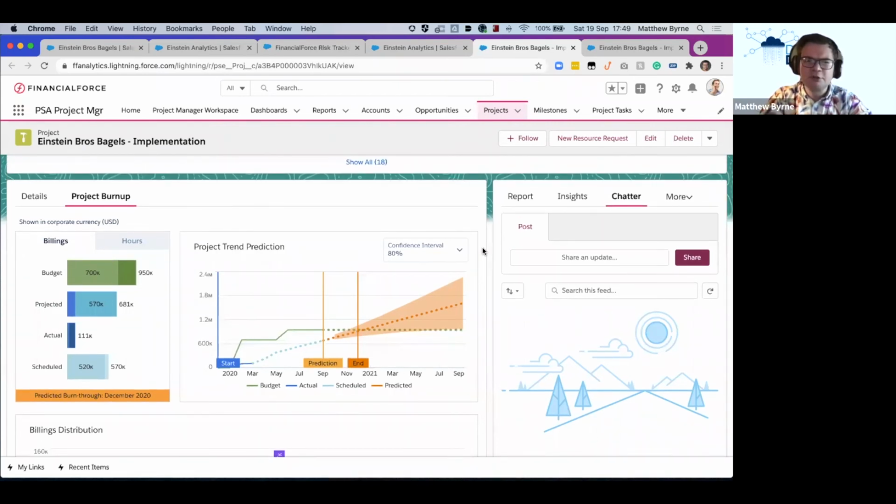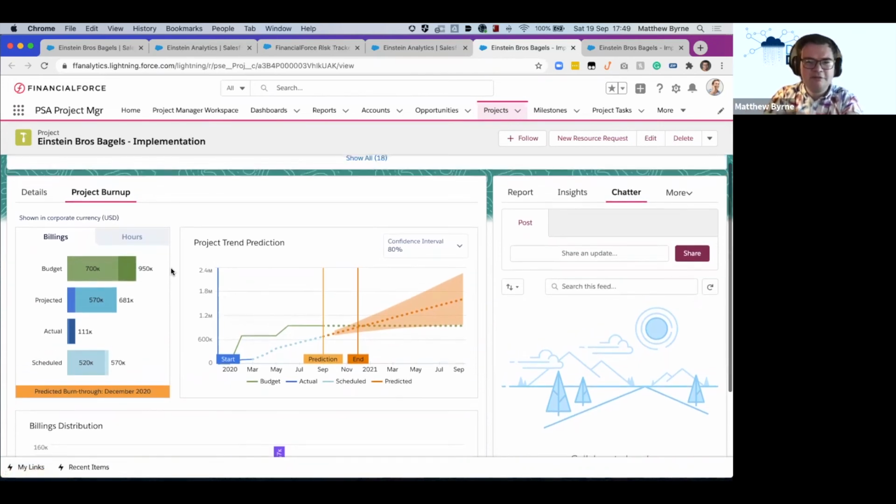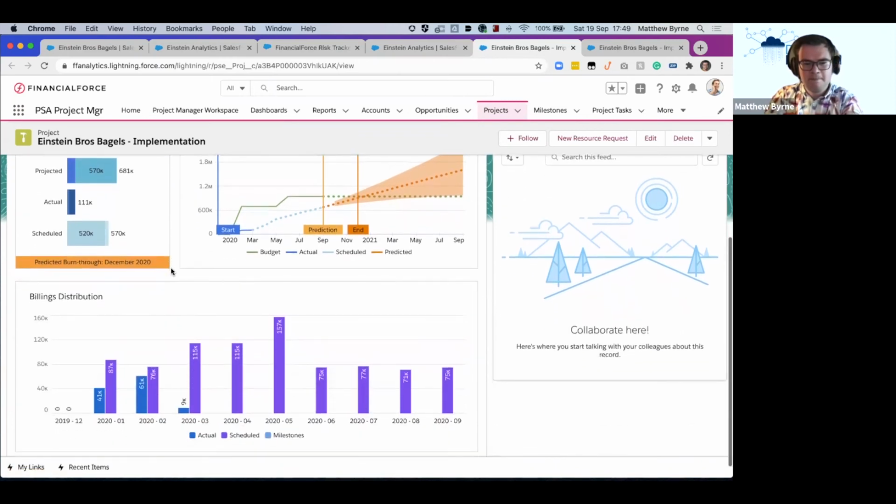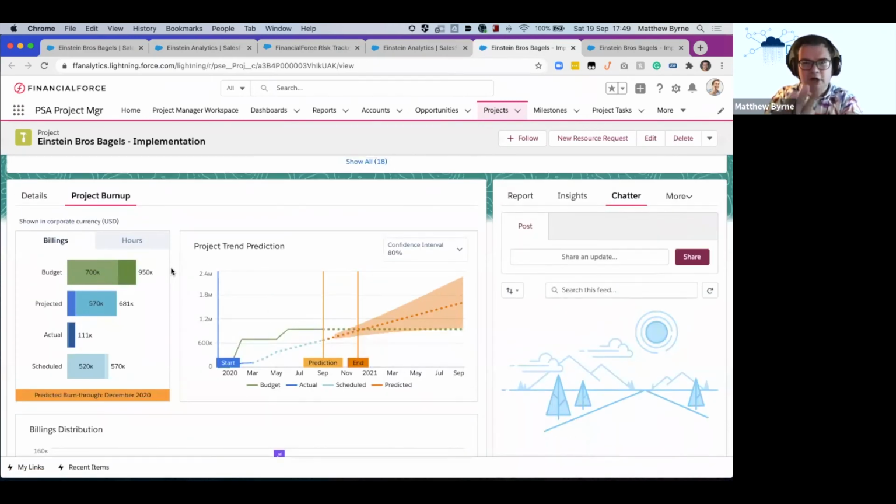The way we've done it is we have one dashboard that is for use in Analytics Studio, and we have another one that's restyled, and you can see some things have changed. We don't have a picker to select the project because we've already selected the project, and we've refined it a little bit so that that information is directly in the project record. So the best way to get adoption of these kind of dashboards is to embed it within the record itself. So a couple of key things there. Have a look at the embedded approach.